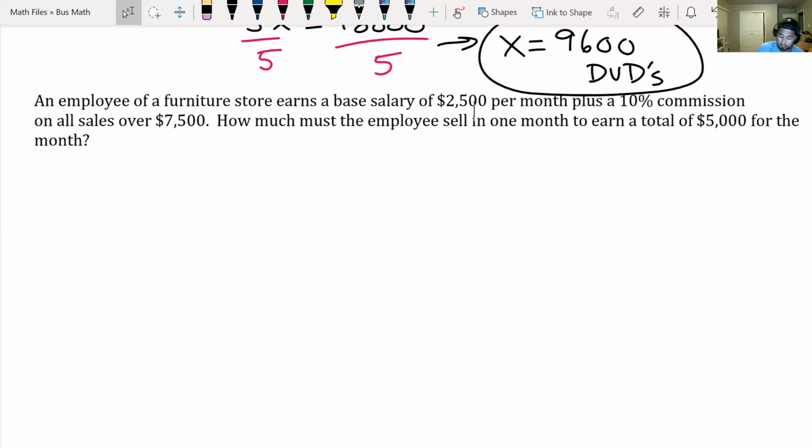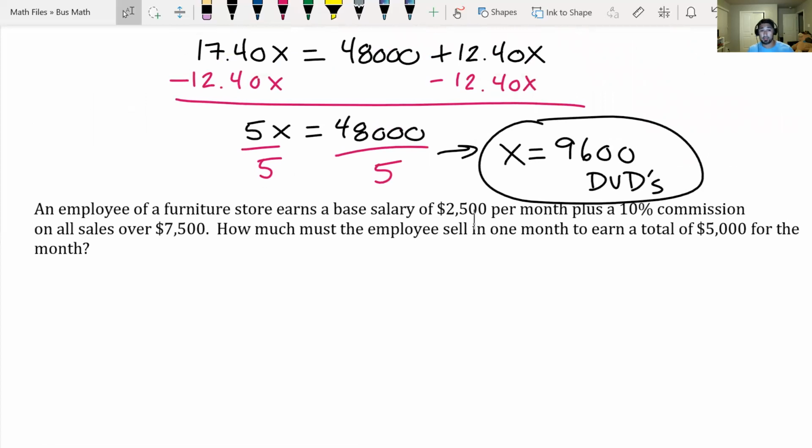Okay, so we want to set up an equation for the employee's salary. Like, what are they going to make plus commission? So we're going to say salary. So no matter what, this employee will earn $2,500. If they sell 0 furniture, this employee still will earn $2,500. So guess what, that's a fixed cost or a fixed amount. So 2,500